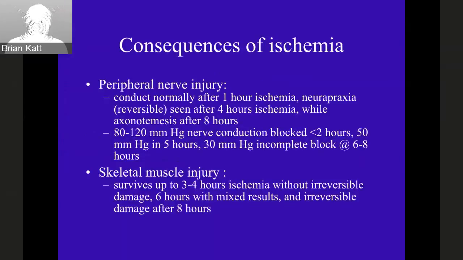This just kind of repeats what we talked about before in terms of the peripheral nerve injury, how quickly you can have problems with that, and then the skeletal muscle injury where you have kind of that 3 to 4 hour window, but then after 8 hours, it's really bad. The other point on the peripheral nerve injury is the higher the pressure, the quicker the problem. And that kind of makes sense, but you can't just say, I have 8 hours. If you see this, polytrauma come in, you really have to do that almost immediately